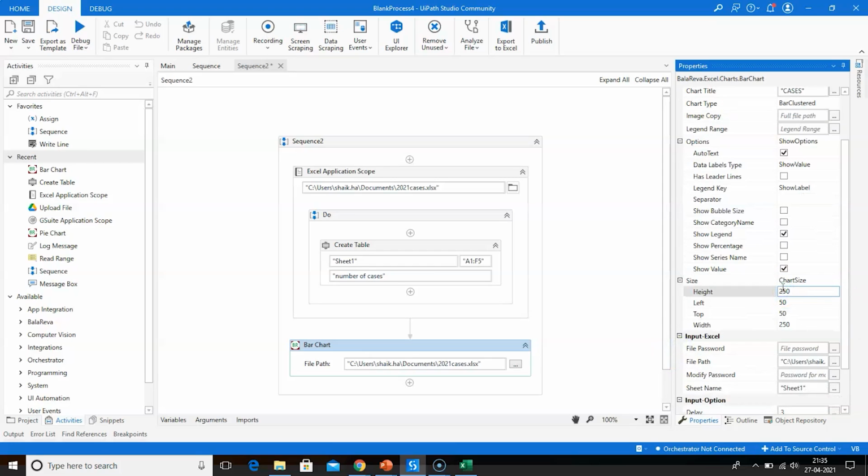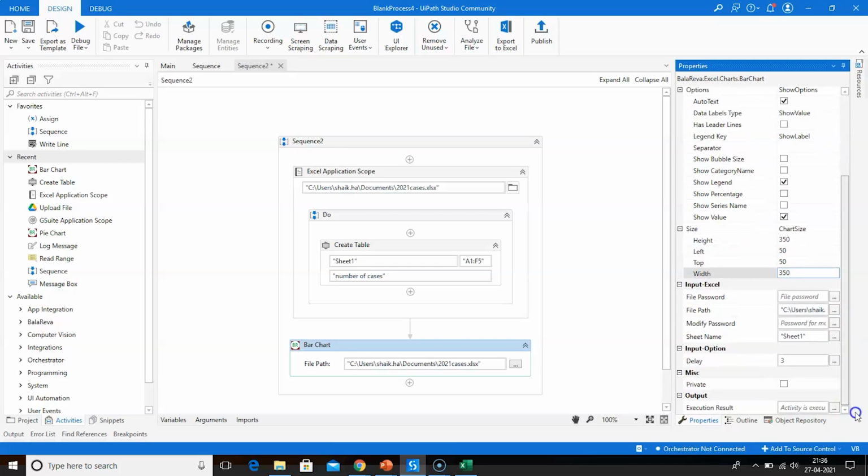So I'll keep the size as 350 to 350. You can change the width. So the bar chart is done, and you can enter the sheet. Which sheet are you using? So it's sheet 1. Now we'll drag and drop pie chart,